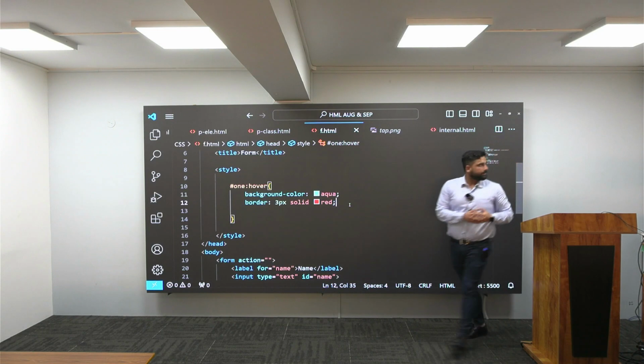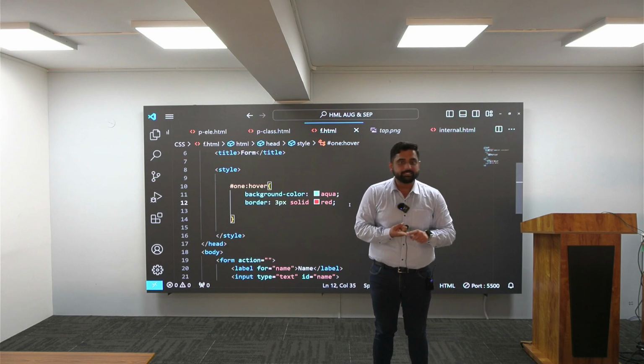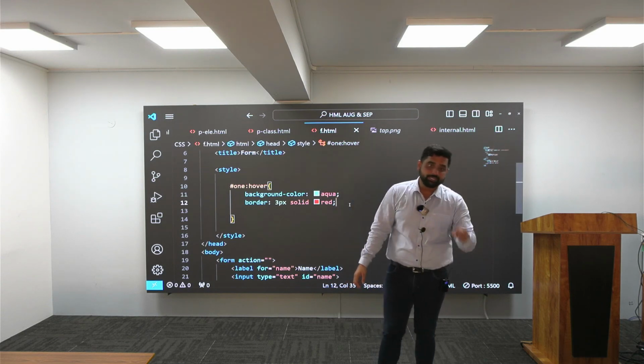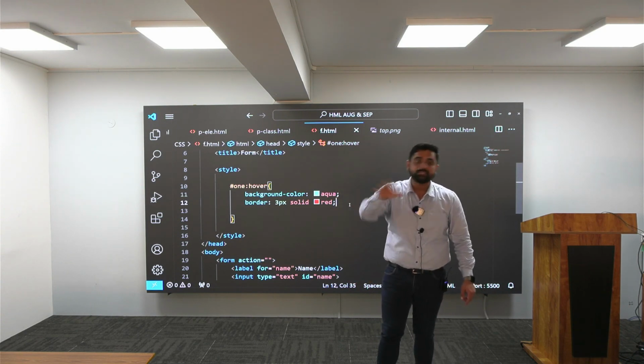So how many selectors have we seen till now? First we have seen something called element. What is element selector? By using element name, if you are providing a styling, that will be considered an element selector. What is ID selector? By using ID attribute value, if you are providing a styling, you have to consider it as ID selector. What is class selector? By using class attribute value, if you are providing a styling, you have to consider it as class selector. What do you mean by group selector? If you are using multiple elements and providing a styling, you have to consider it as group selector.